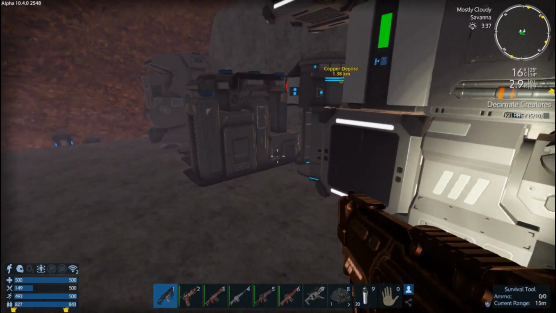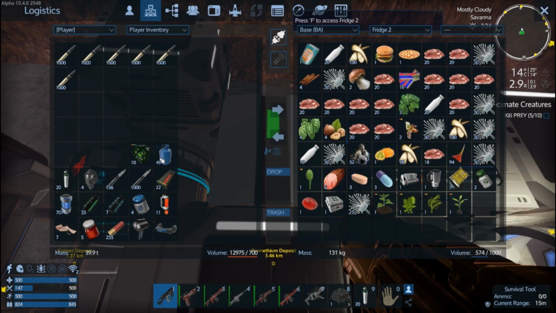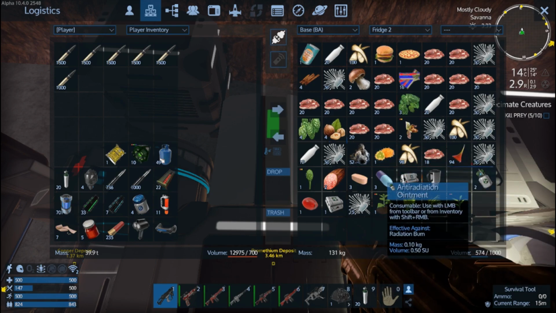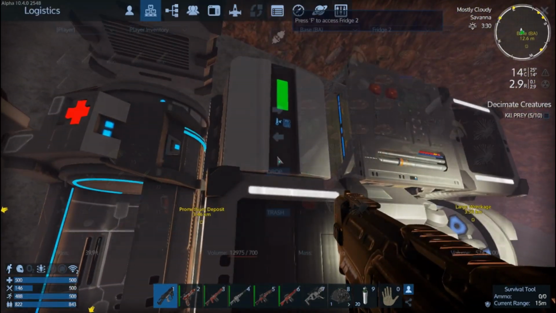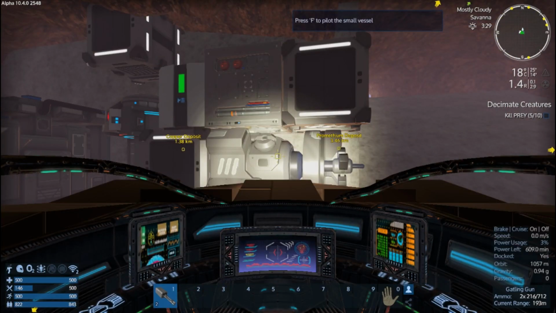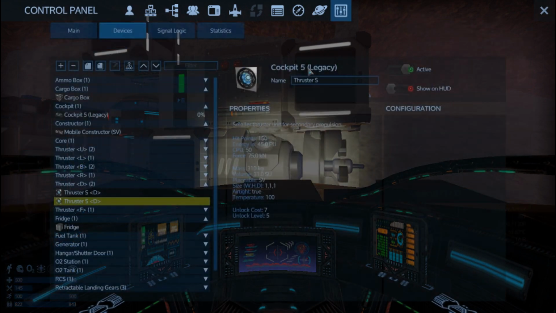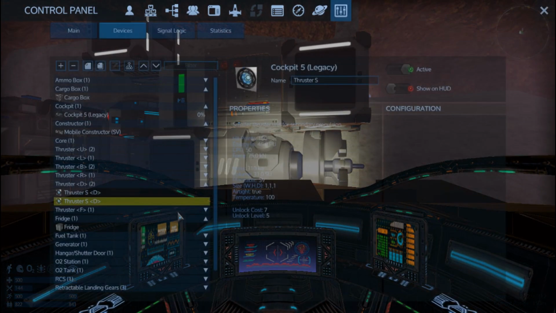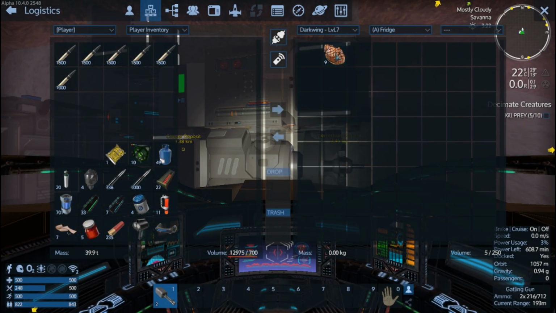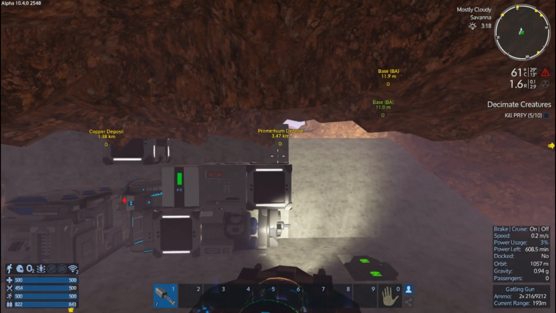Okay. Oh yeah, we need food. How's the power supply going? Fill that all the way up. We'll take the emergency ration. And I'm not seeing any steak cooked. What did I do with the food processor? I haven't made a food processor yet? Okay. We'll just take 10 meat with us. Put it in the fridge. And then that player. Mobile constructor. Okay, it's already on the fridge. We'll just make some meat. Get our hunger all the way up there. Okay. So we got ammo, we got meat, we got